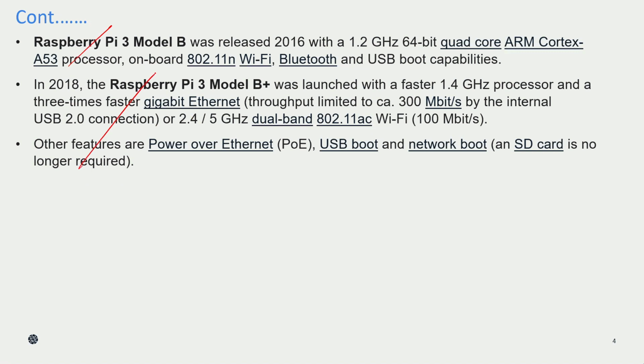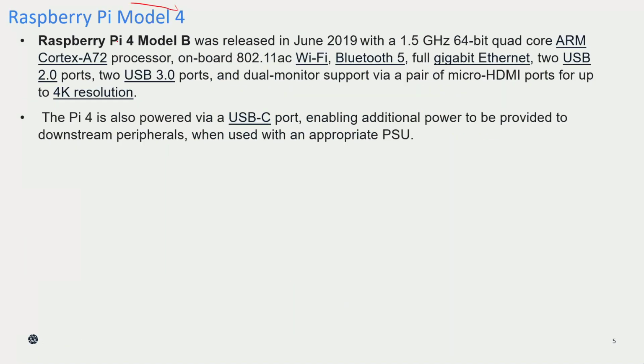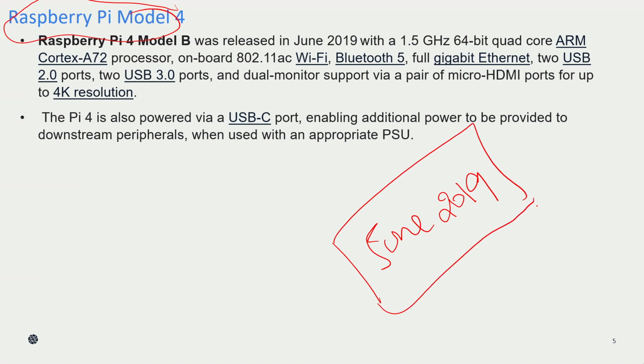Finally we discussed the Raspberry Pi model 4, which came into the market in June 2019, before corona, right?